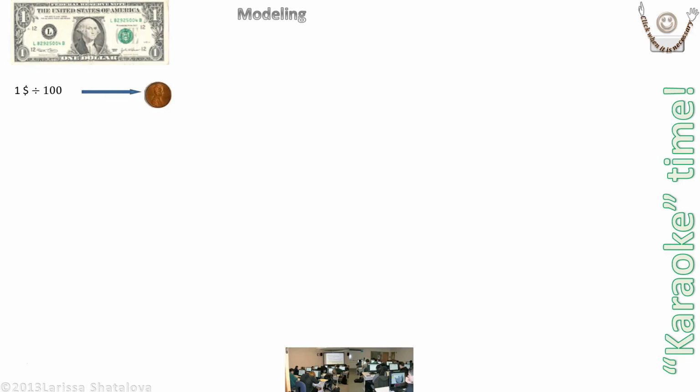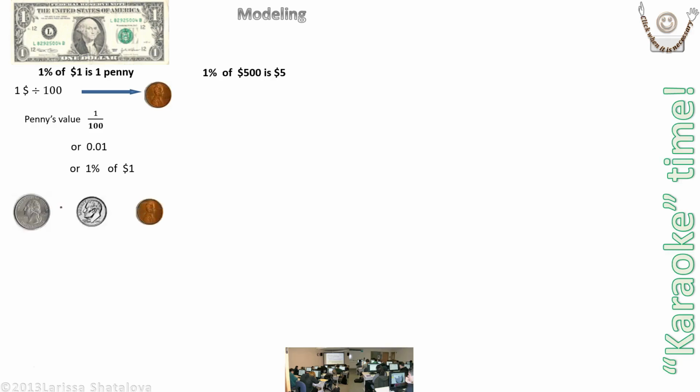Okay, if $1 is divided by 100, we get 1 penny. We divided $1 by 100. The penny's value is 1 over 100 because we divided by 100, or 1/100th because it's decimal, or we would call this 1% of $1. And what is important, percent of what? Because 1 percent of $1 is 1 penny, and 1 percent of $500 is $5. Sure, it's a big difference.